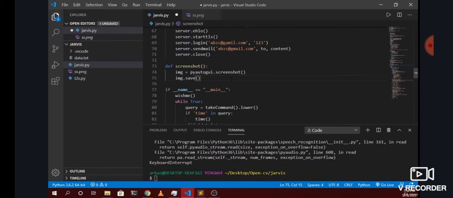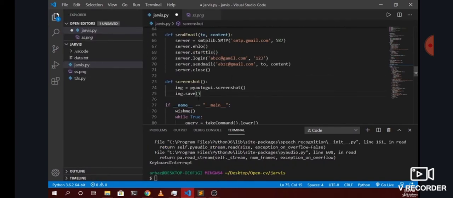In the screenshot function, we also need to add this string here. What this string means is we are giving the path where we want to save our file, and we are also passing the name of the file as well. I have given the file name as ss.png. So it will save it here where we are creating this AI assistant. So